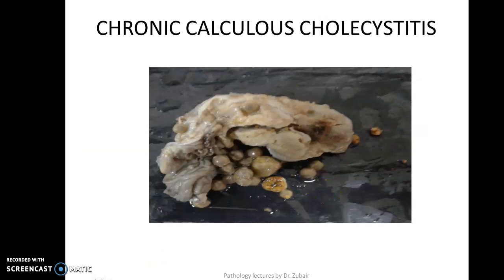The next specimen is also another favorite for the examiners, an easy one: gallbladder with gallstones. So the question will be, what are gallstones? Gallstones can be seen in the fat fertile female in her 40s. 4 Fs you have to remember for gallstones: a fat fertile female in her 40s. And gallstones can be of different types. Cholesterol stones, they could be pigment stones, or mixed stones. Cholesterol stones are associated with hypercholesterolemia, whereas pigment stones are seen following hemolytic jaundice.